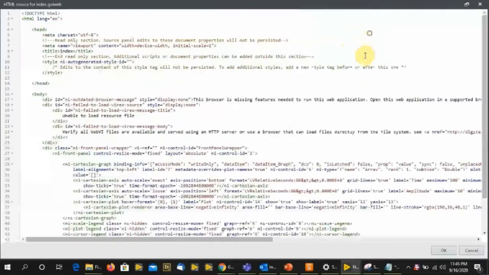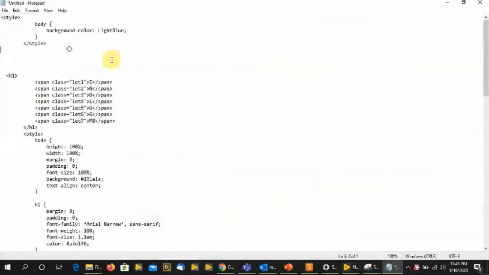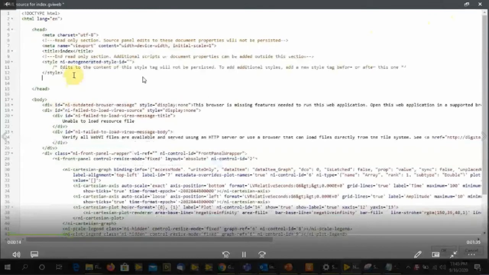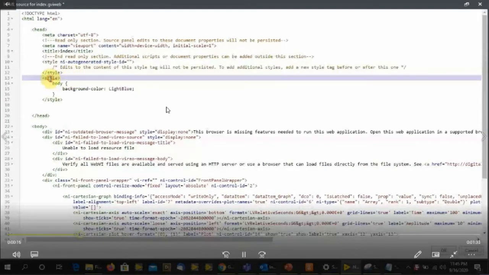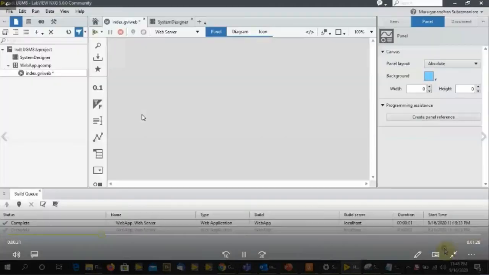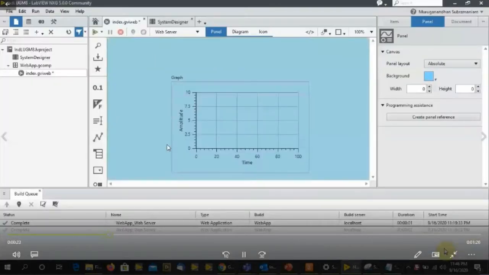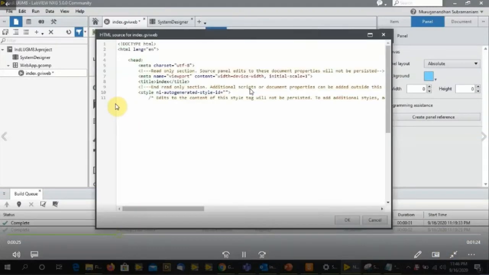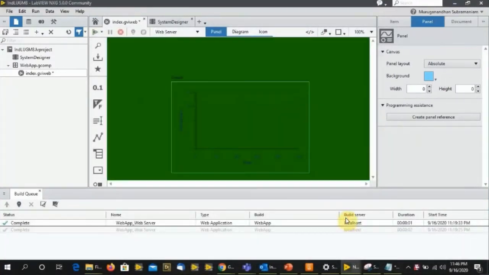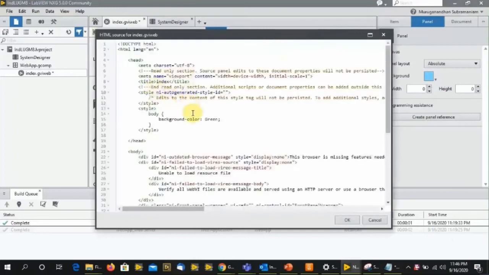The first thing I'm going to try is to change the background of my VI. For that, I'm going to add a simple CSS code to change the background color. So I'm giving here a light gray, light blue. If I do that, it will be updated. So here I can update whatever color I want. Maybe I'm changing to some other color now. Perfect. So this is one thing.